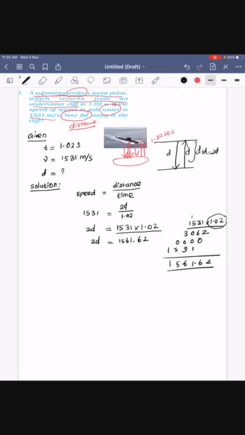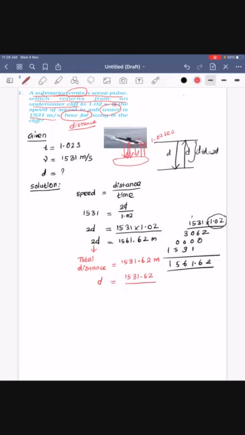Okay, so here this is called 2D, which is nothing but the total distance. So 2D represents the total distance, which is equal to 1531.62 meters. But we have to know how far away the cliff is. That means from the cliff, how far. So D only they asked, which means D is equal to